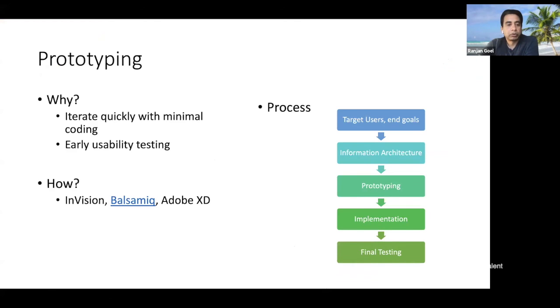Then very quickly on prototyping. The prototyping is something, again, if you're too lazy, you may say, hey, I'm a great HTML developer. I can just put the code together in half an hour, 1 hour, and I'm good. For very simple sites, that's good enough. But as you start to have more complicated sites and pages, especially interactive pages, it starts to get difficult. And especially if you want to get very quick feedback from your other team members and from your target users.